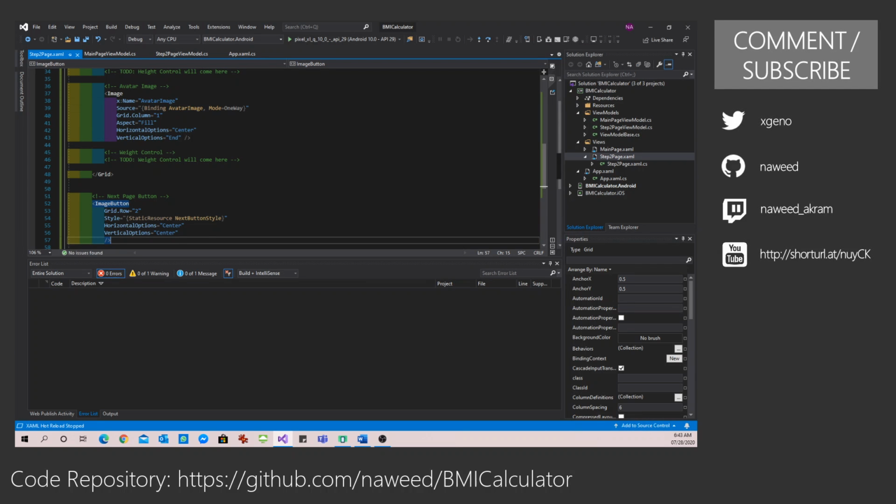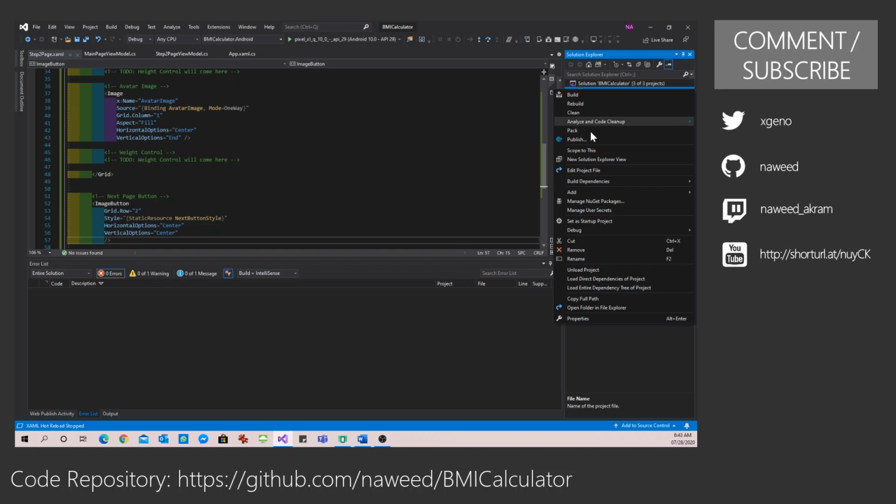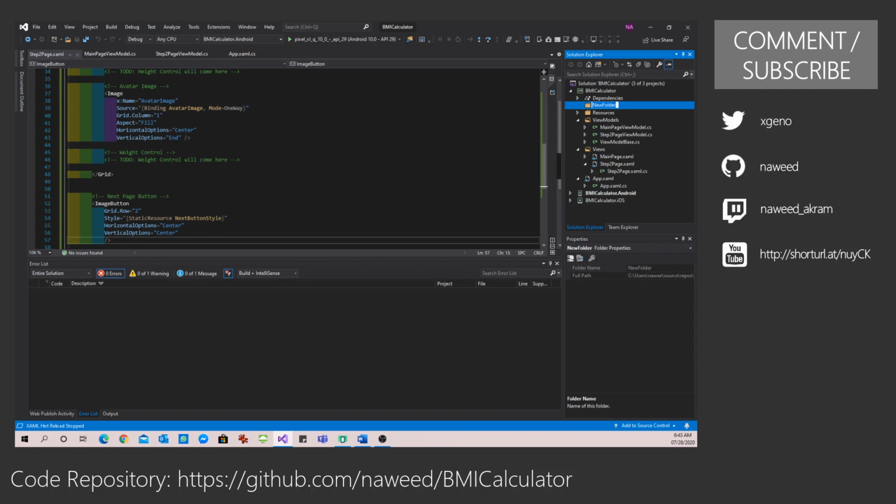Now comes the challenging part. What we need is a scale image or a scale component which allows us to select or change the weight and height. This we are going to achieve using SkiaSharp. So we'll be building this very simple component. I searched for some components which I could use out of the box or a third-party library. There are some available, but nothing that fits my needs. So I decided to roll it out on my own.